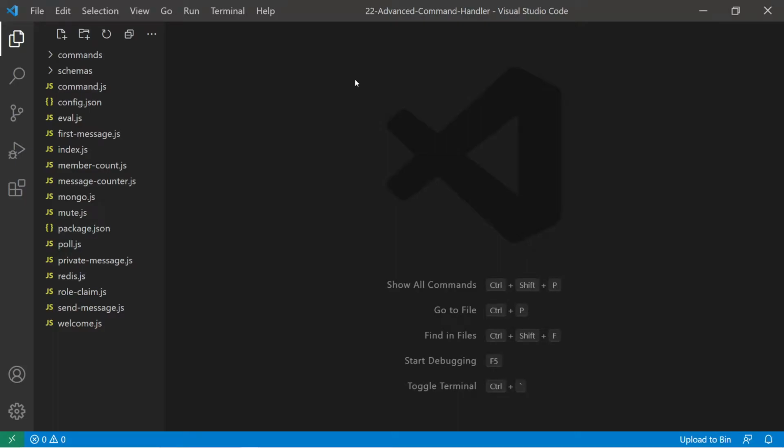If you're watching this video, that means you are probably using the advanced command handler from episode 22 of my Discord.js series. Well, I actually made an important mistake within that, which I'm going to show you how to fix within this video. So if you ever ran into any errors when using this, especially when adding a lot of commands, where it says a possible memory leak has been detected, that's the problem that I'm going to show you how